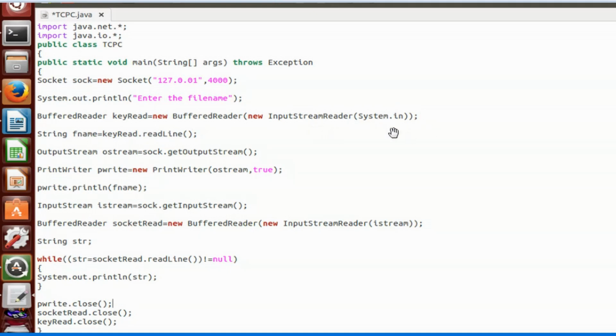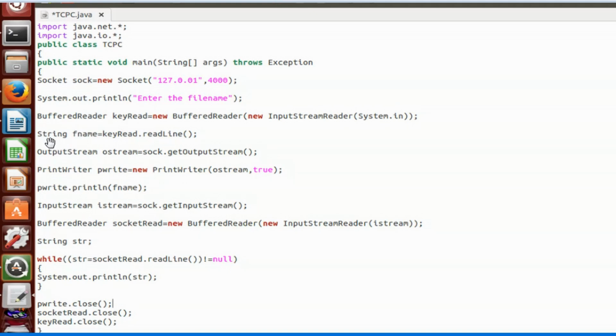So this System.in is nothing but specifying that it takes the input from the keyboard. Whatever the user is entering, that input it should take. What is this InputStreamReader? InputStreamReader will convert whatever the user is entering into a stream. Finally, that stream gets into the buffer. So that's what BufferedReader is. That is all about this BufferedReader.